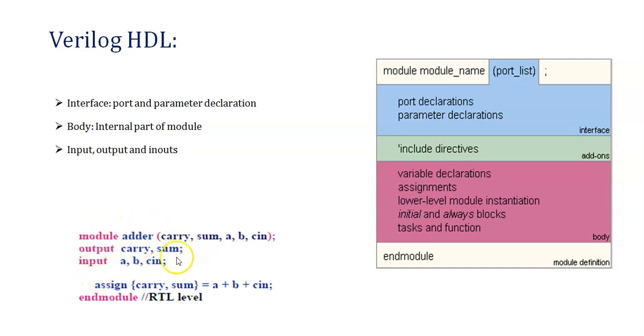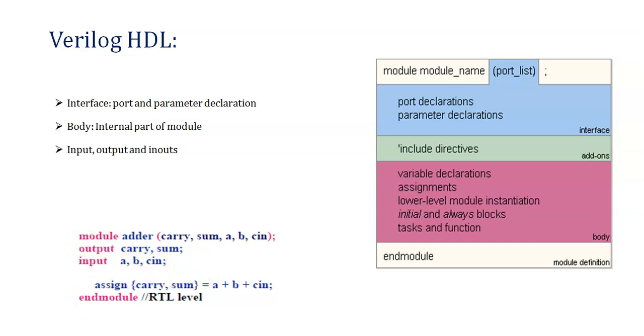After this port declaration has been done, you need to write the functionality, because how carry and sum are related to A, B, C in, that you need to specify. So I am writing this code in the behavioral model, data flow modeling style. So you need to use the keyword assign. Now there are two outputs, carry and sum. So here the concatenation operator is used, which is denoted by the symbol. So carry comma sum. The first bit will be of carry and the second bit will be of sum, that will get concatenated. So instead of getting separate bits, you will be getting carry and sum combined, equal to A plus